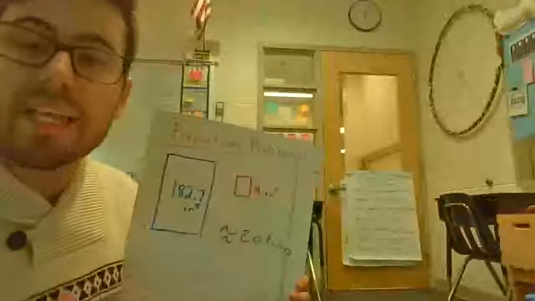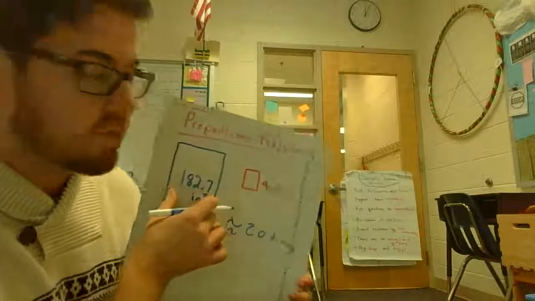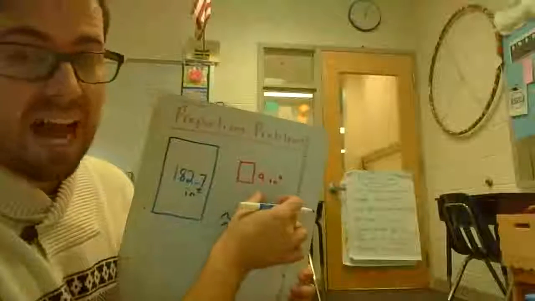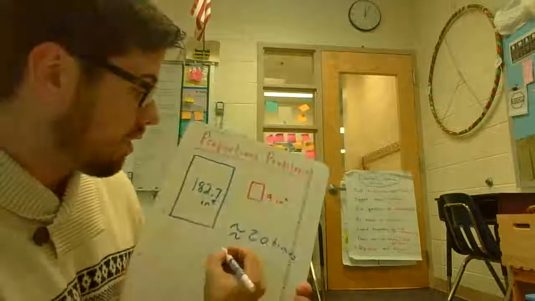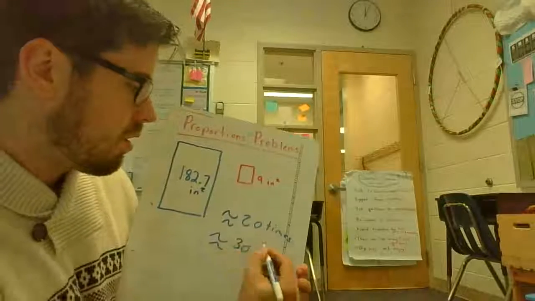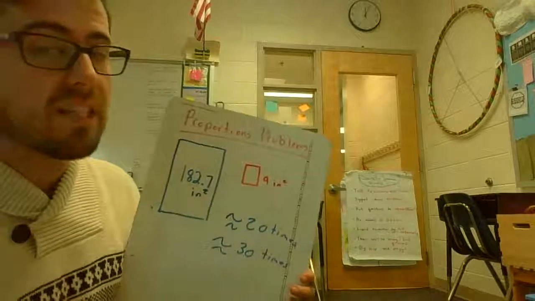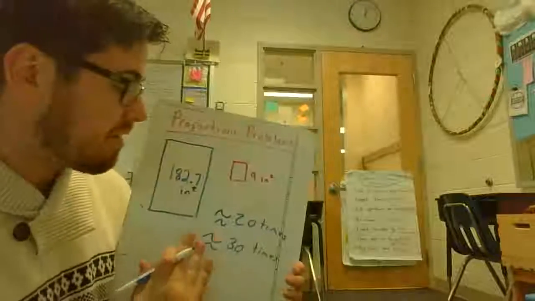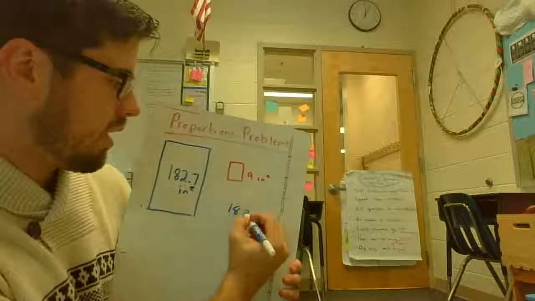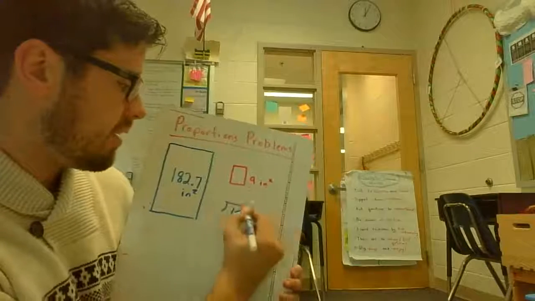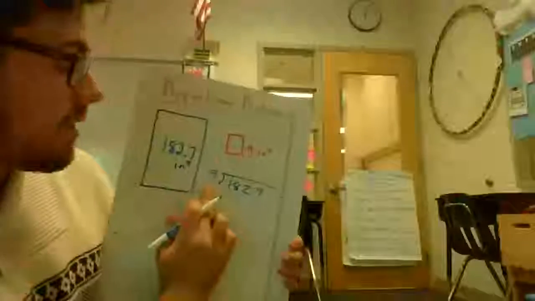However, if I want to get even more specific, I can say that this is about 180, and this is exactly 9. I know that 9 goes into 180 about 30 times. So this tells me very precisely what my estimate would be. I can go ahead and set up my division problem and solve it. 182.7 divided by 9. I don't need to do anything for my divisor because it's